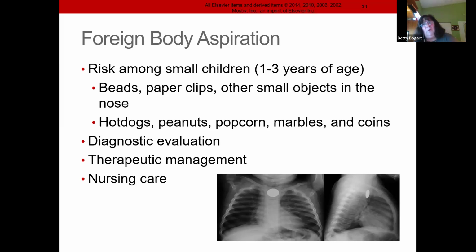Now, that's one way of treating it. I've seen it treated that way when they come in and it looks like that x-ray picture sitting right there. What they did was the surgeon put the child on the surgeon's lap, of course, with mom and dad there holding the hand, and they take a Foley catheter, put it down below the quarter, blow up that Foley catheter balloon, sit them forward, pull it out, and they'll vomit and the coin will come right up.